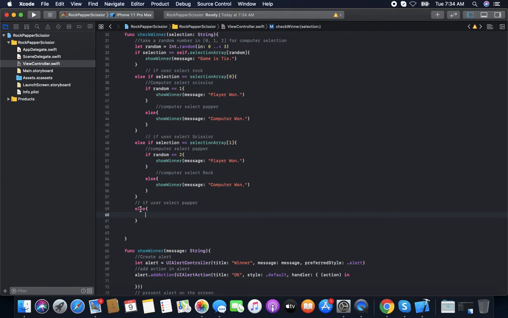Then same two conditions: computer can select rock or computer can select scissor. So if computer select rock,